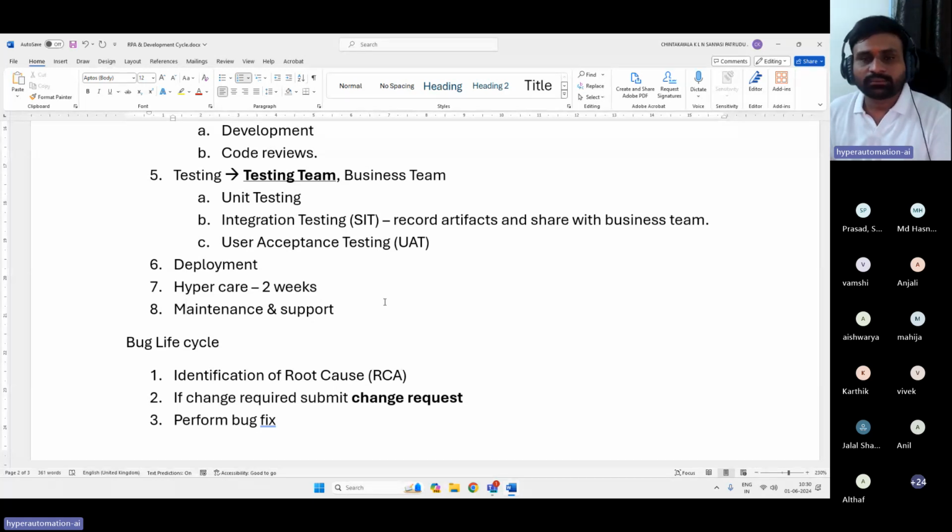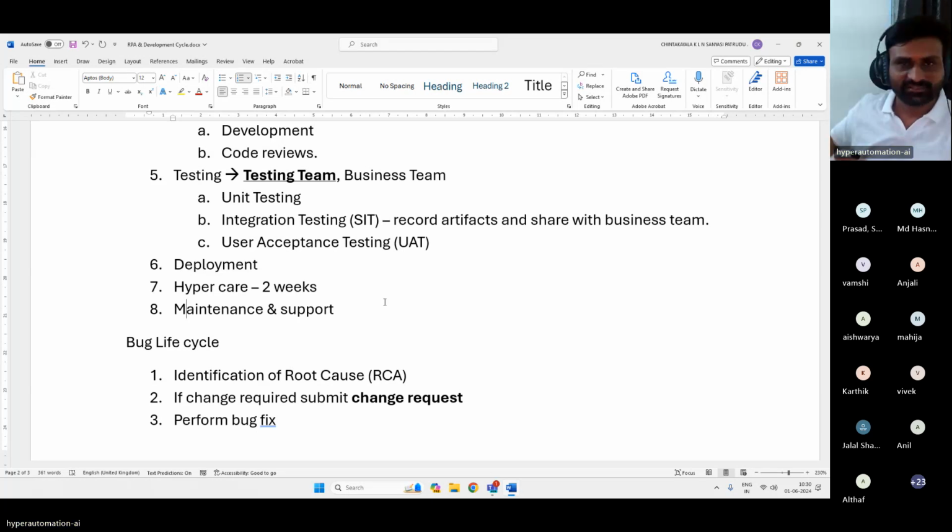Suppose you completed your testing and got test results on Friday. You need to wait till next Saturday. Right? In the hypercare, because it's a known fact that issues may come, we are not waiting till that time. Immediately we will fix the issue, test our solution, get it approved, and deploy it into production.